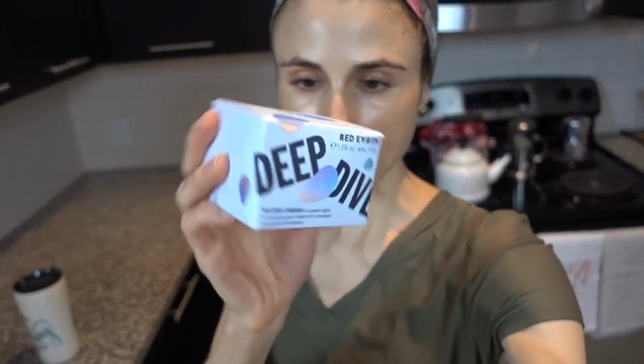I'm excited because I got in another jar of my Red Earth Deep Dive Water Cream. I just finished up a jar of this. I put a small amount of this onto a wet face at night after I take my makeup, my mascara, because I don't wear makeup, my mascara and sunscreen off. I take that off with an oil cleanser, and then I get in the shower, take my shower, wash the oil cleanser off with